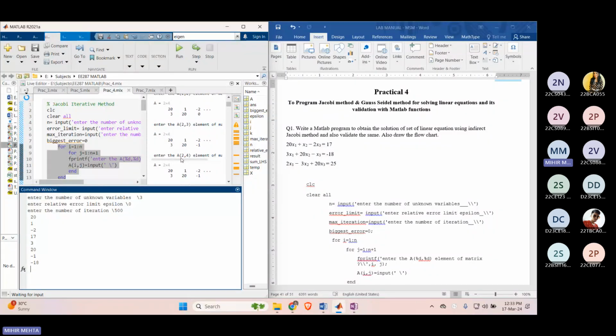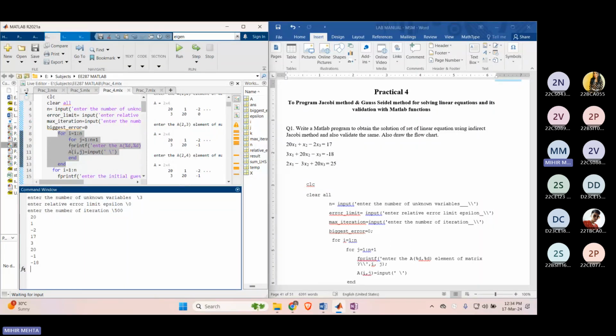Once this is done, it would exit the j loop, and again it goes back to the i loop and increments i from 2 to 3. Now since n value is 3, this is the last time the i loop would be running. And again for i equal to 3, we come back to the j loop, which runs from 1 to 4. So it will ask me again 4 times for the input. So for the third equation, or say the third row,